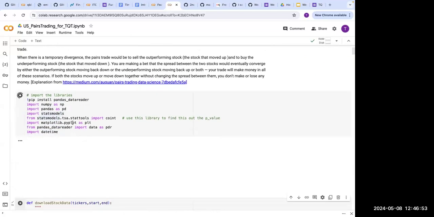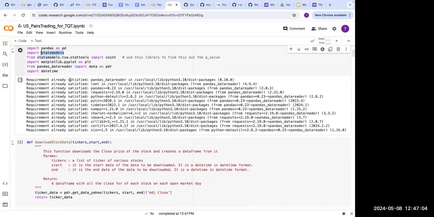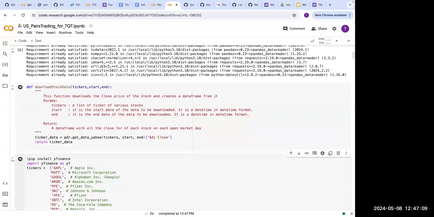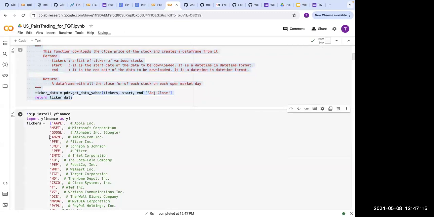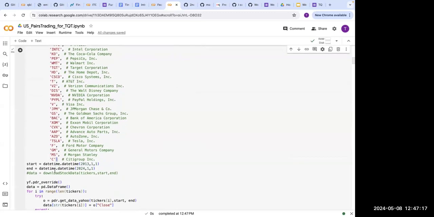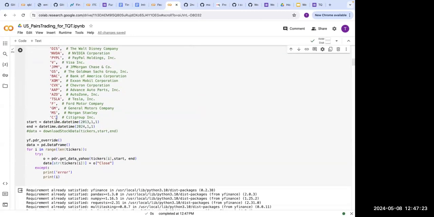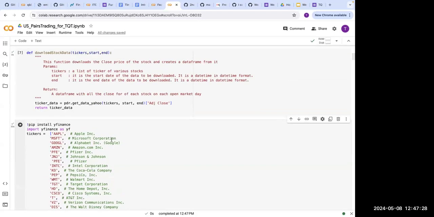So again, I'm just installing the libraries that I will use here. This time we are using statsmodels as an important library for doing the calculations. Firstly, again, we are downloading stock data by using this function. This function would be used again and again in the next cell. I will just call it for all these stocks that I have listed, and import the data using the get data Yahoo function, and the function involves three inputs.